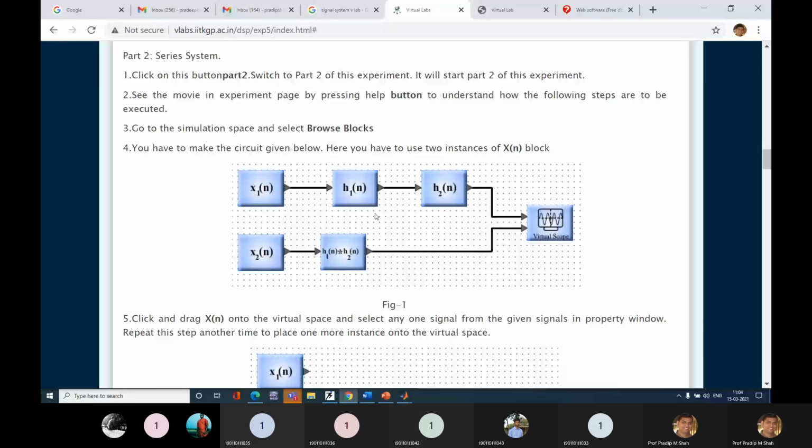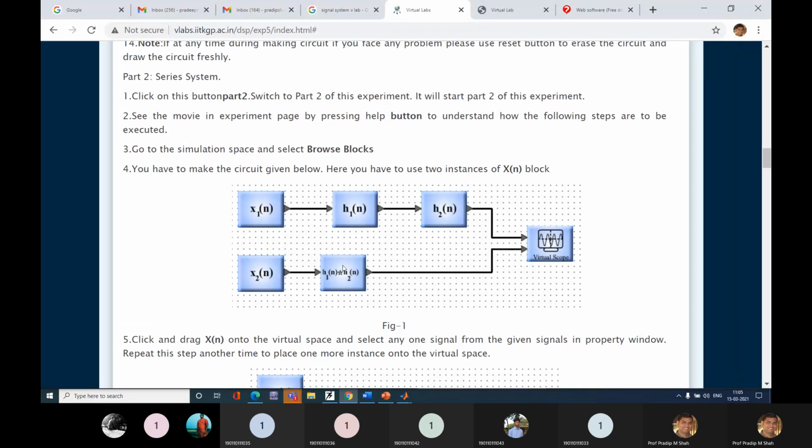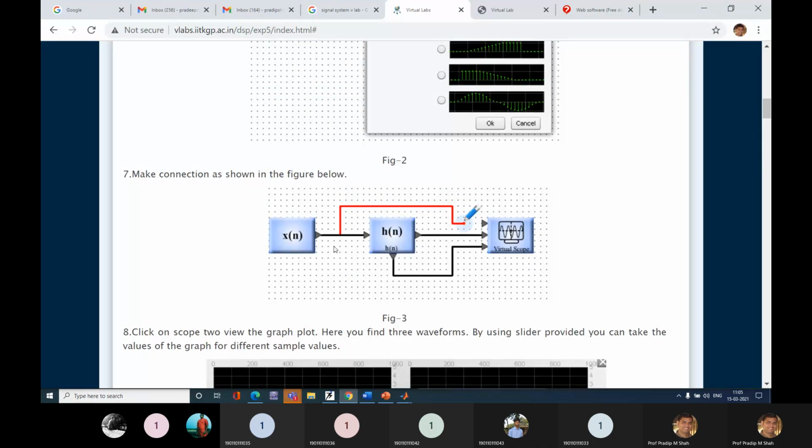So now you can see my block diagram is reduced to the same as the previous one. In the previous one, we had only one system with input.